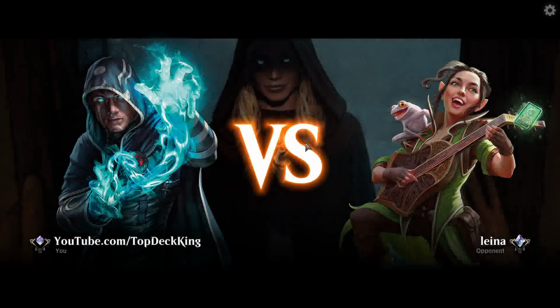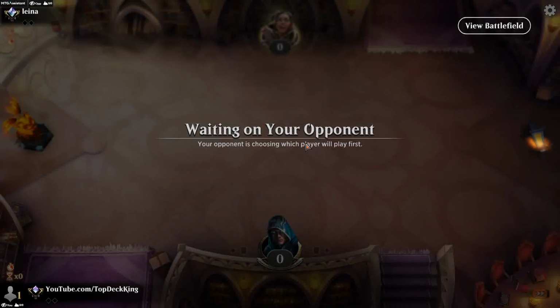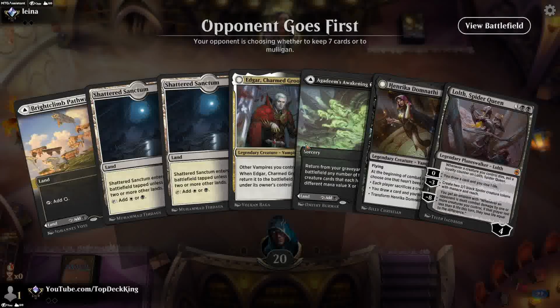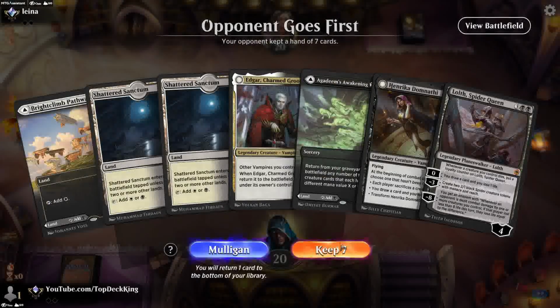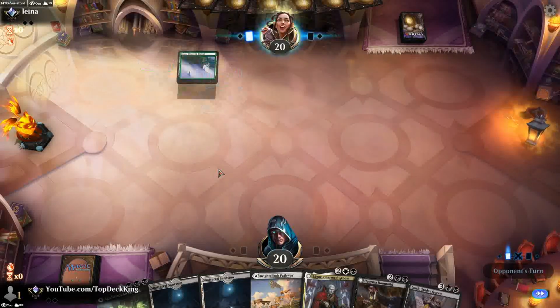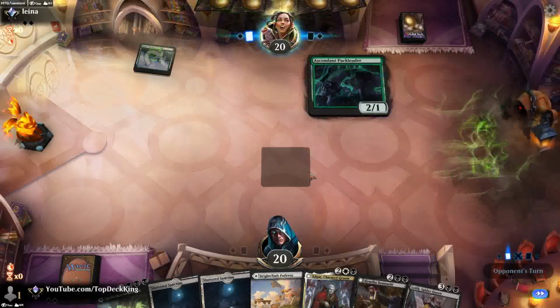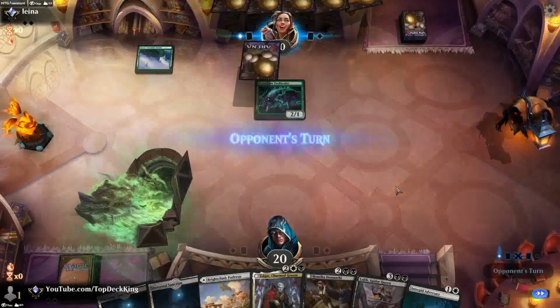All right, Lena. All right, what are we playing against? Is it going to be Izzet? Is it going to be mono white? Is it going to be green? It's probably going to be one of those 3 decks, though. I don't think it's going to be anything else. And it's kind of slow, but I guess I'll try it. It's a little bit slow. See? Green, white, or